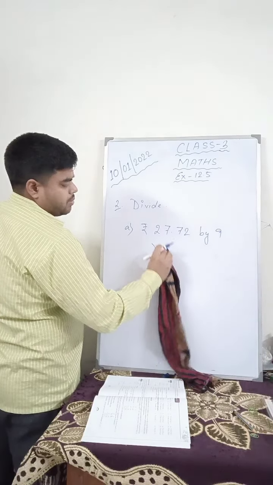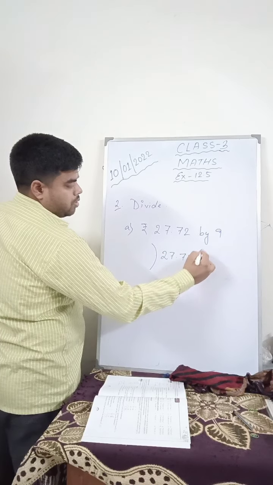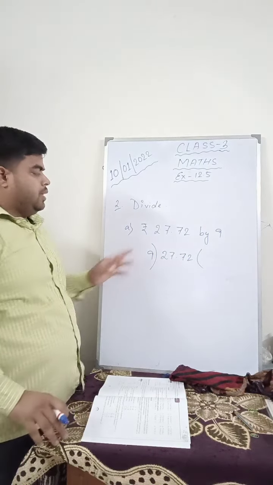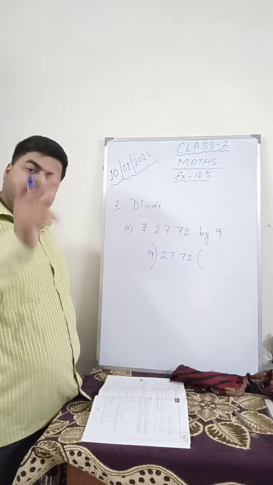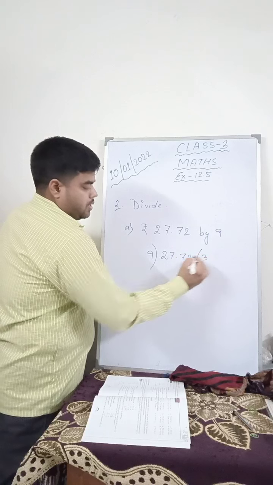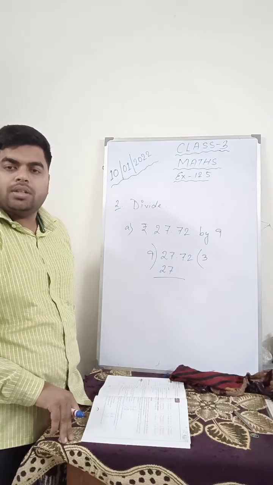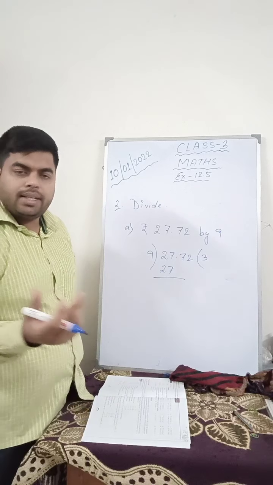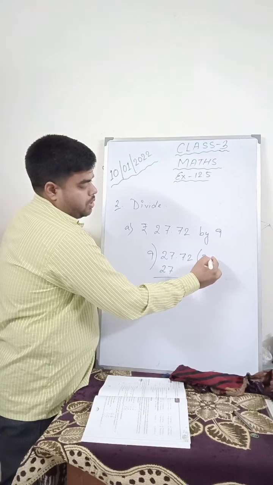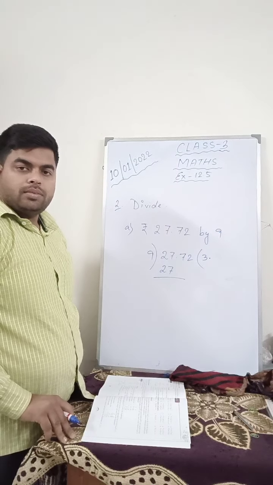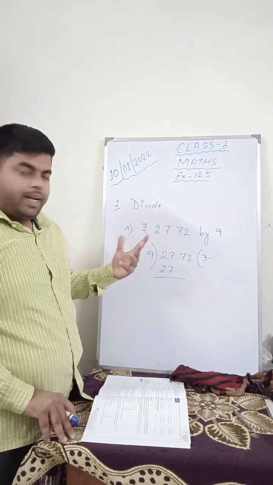You don't have to write the symbol. Take the numerical value and 9. You don't need to write the symbol now. When you write the answer, then you will write it. 9 threes are 27. After dividing the first 2 digits, what can you see? We can see the decimal. So straight away this decimal will come from here and be put here. Again I am telling you, we have divided the first 2 digits. 9 threes are 27. It is over.